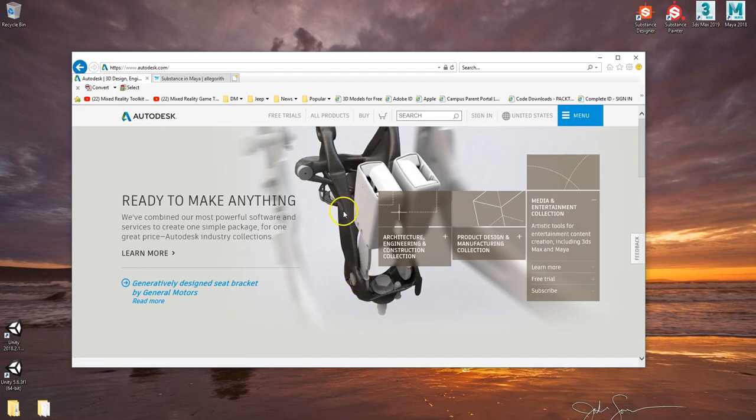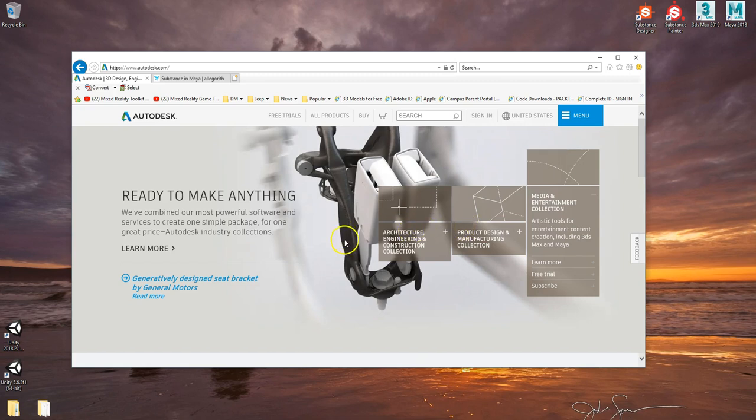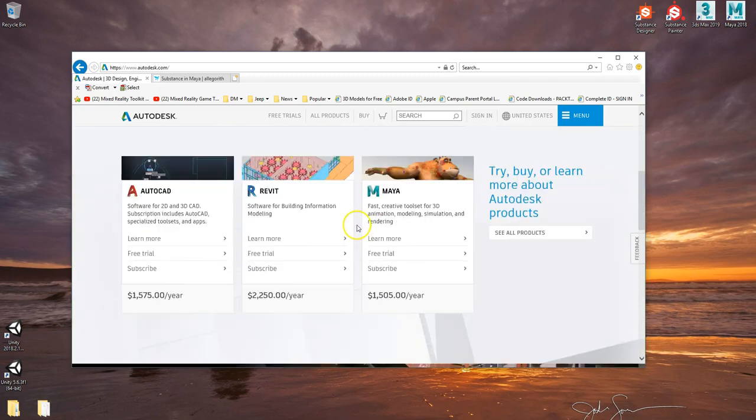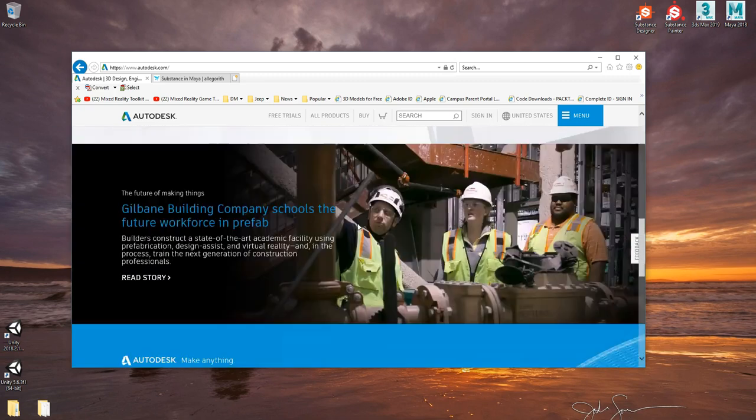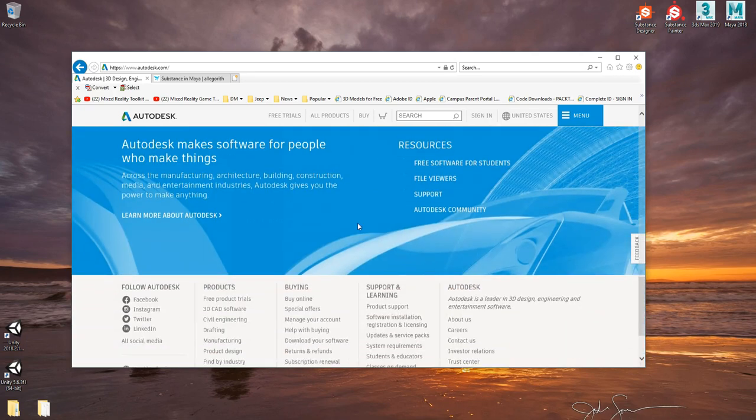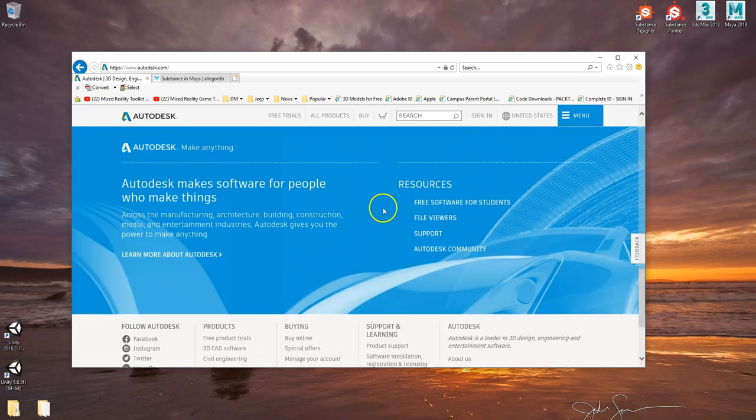On this page you'll see some breakdowns of some of the different types of software they have for architecture, engineering, product design, as well as media and entertainment collection, which is what I'm using, where you'll find 3ds Max and Maya. Now, to get it for free as a student, you can scroll all the way down to the bottom of the page and look for free software for students here in this blue section. If you click on that,